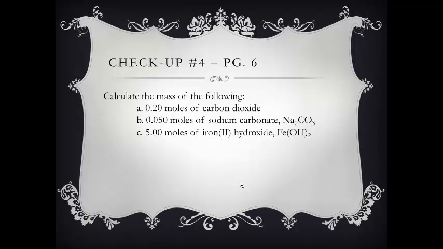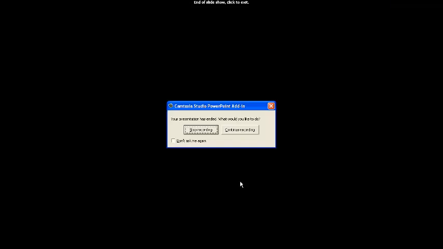All right, here is your homework assignment. Calculate the mass of the following. You have 0.20 moles of carbon dioxide, CO2, 0.050 moles of sodium carbonate, Na2CO3, and 5 moles of iron(II) hydroxide, Fe(OH)2. Here are the answers, so you can check your work. But to get your credit, you need to make sure you show your dimensional analysis. You're going to have to find the molar masses of your molecules, and